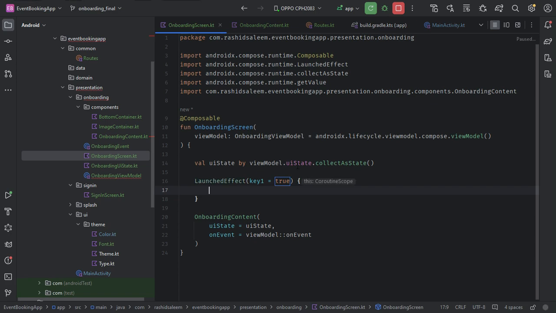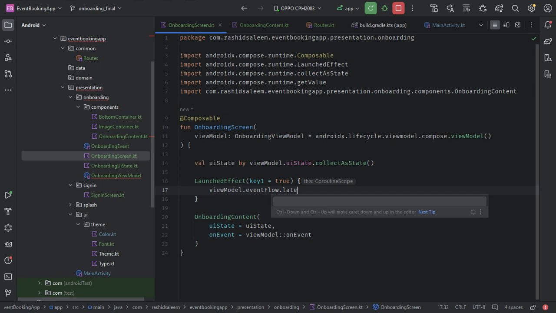The purpose of LaunchedEffect is that it will be called whenever the key changes, and we don't want to call it multiple times during the recomposition process of this compose screen or compose component. So that's why we are passing it true, because we don't want to initialize the listener of the event flow again and again. viewModel.eventFlow.collectLatest